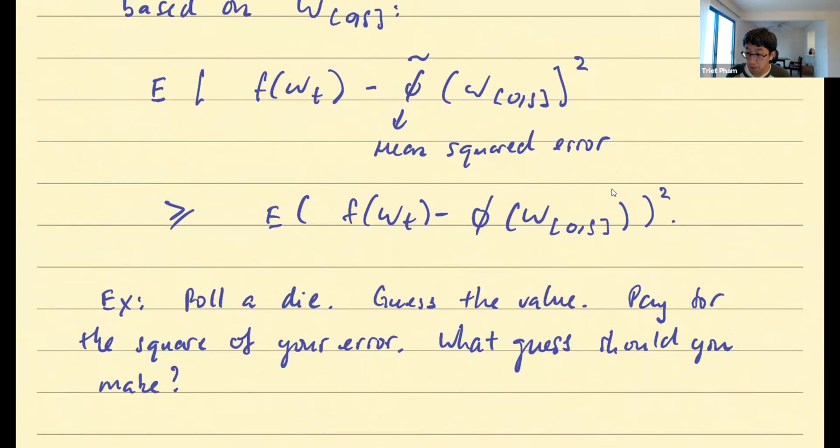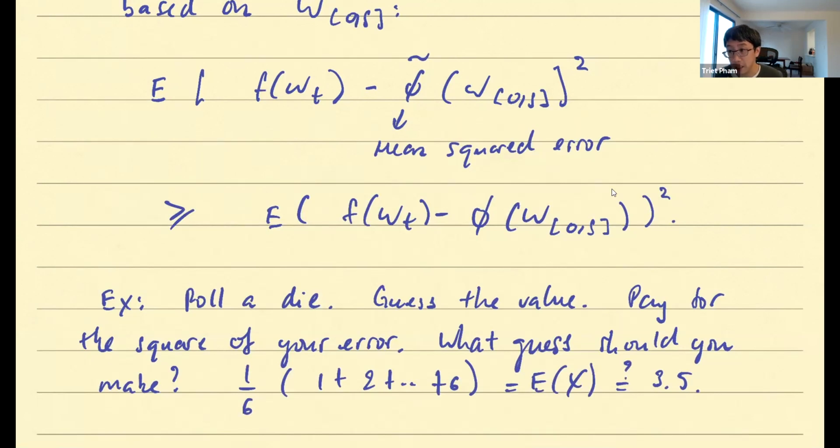Okay, does it make sense? The answer is to minimize your average error. Suppose that this is a very cruel person who makes you play this game over and over again, even though you don't like it. He just forces you to play it. Then the guess you should make is the average of this, which is namely the expectation, which I believe is 3.5, if I'm not mistaken. It's been a while since I did this math, so I think it's 3.5. Don't trust me on this, but it's true that you should guess the expectation.